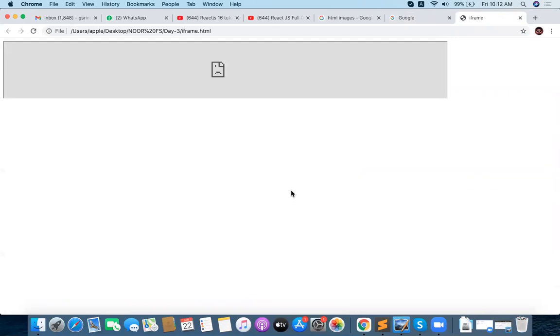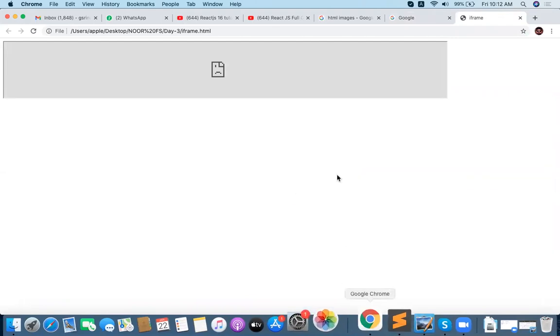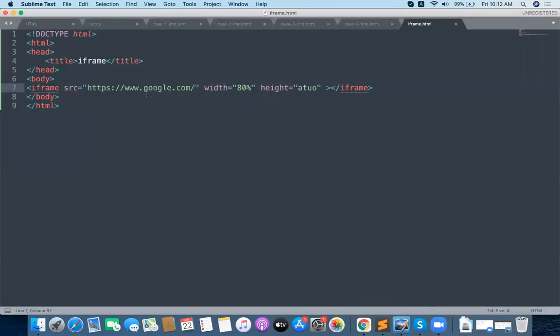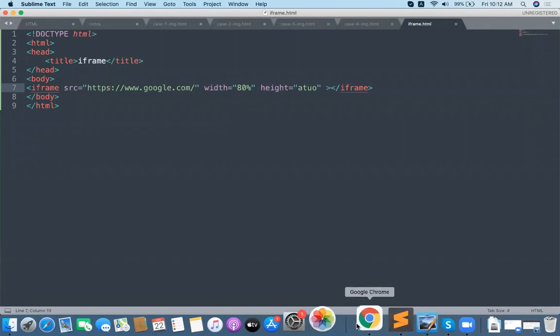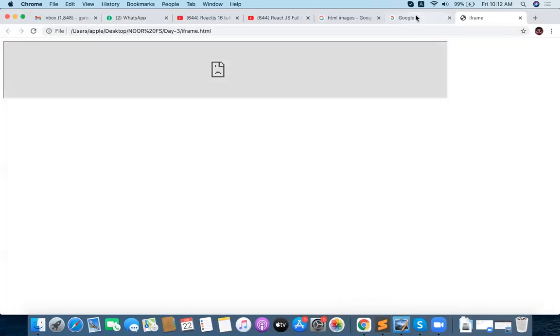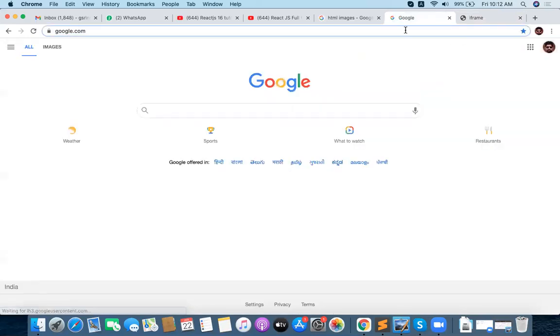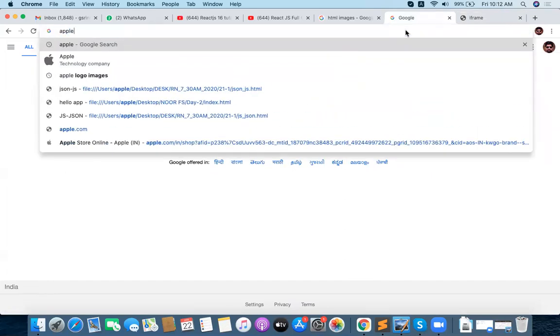Google is not allowing to load in the iframe. That is the problem. Some web pages are not allowing to load in the iframes. Please remember it. Okay, let me go with apple.com.